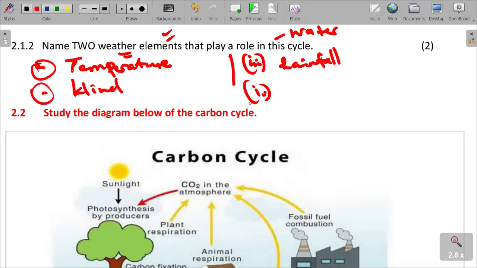And then we may also want to talk about sunshine. Sunshine can be another additional weather element responsible for the hydrological cycle. And then lastly, I can also talk about humidity,